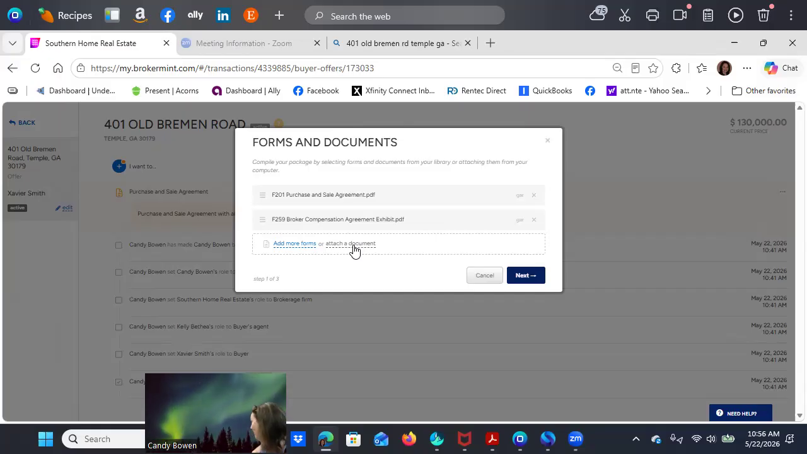Be prepared. Have a plan B. Have a plan C. Exactly. So again, any number of exhibits can be attached to those offers, and then all along,